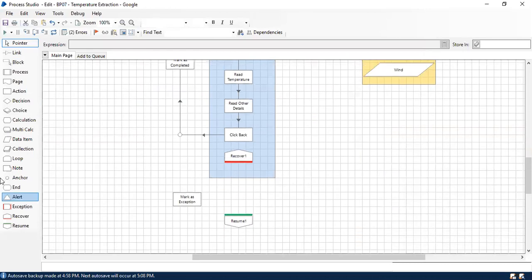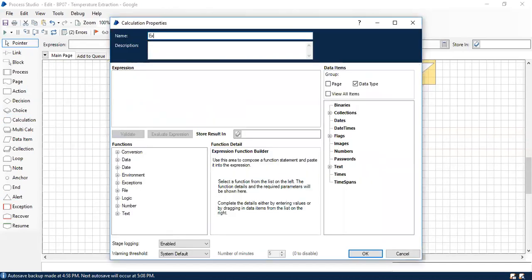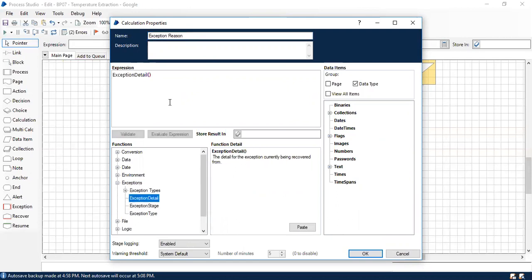So to get the exception reason, what I would say is in between recover and resume, you just add a calculation stage. Exception reason, and go to exceptions in the functions. Take the exception detail and drag it into your expression so that it's going to carry the information.